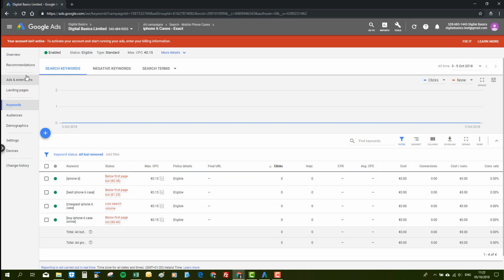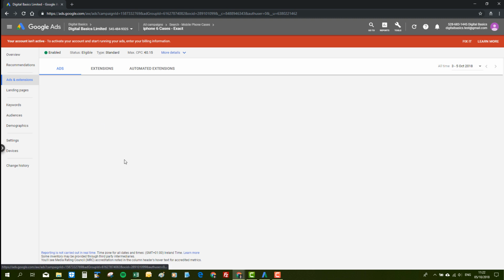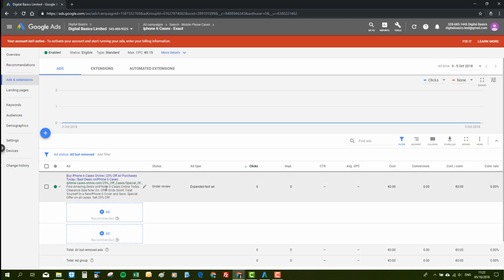And if I want to see the ads for this particular ad group, we have them all here. iPhone 6 cases. So all of our iPhone 6 keywords show an iPhone 6 ad, and that's how you sensibly use this very simple structure